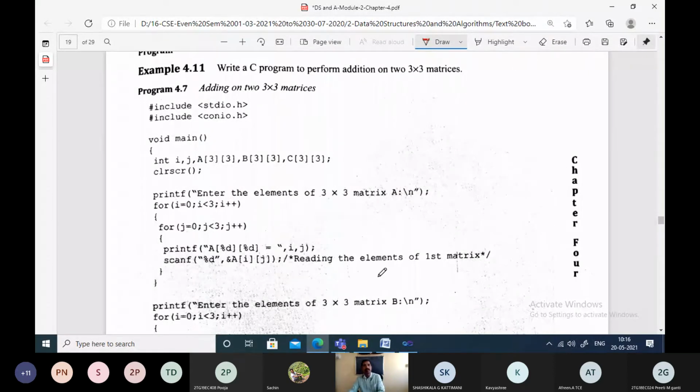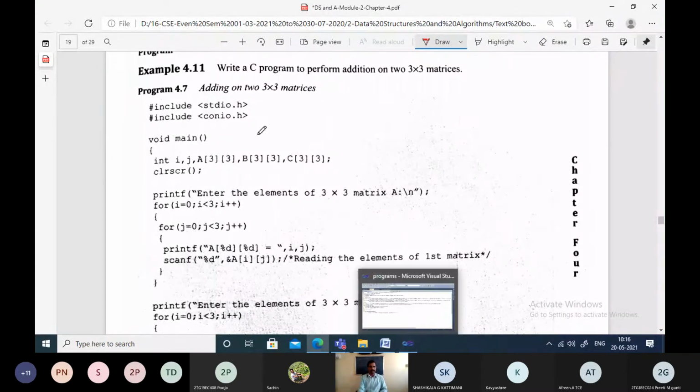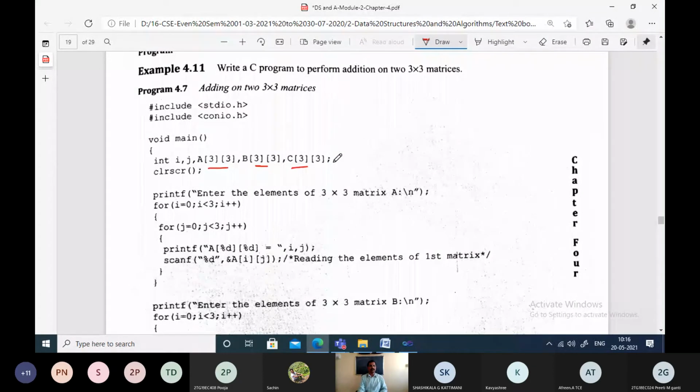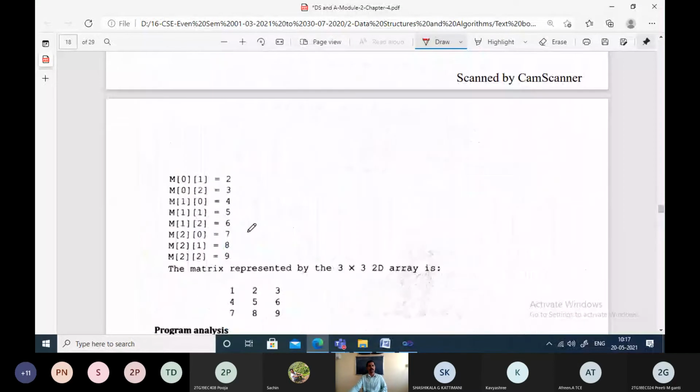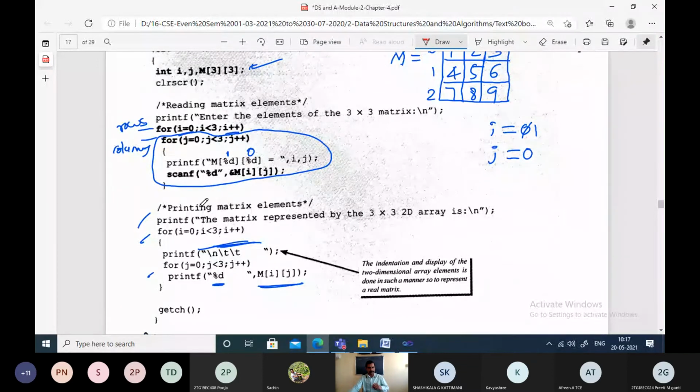Write a program for performing addition of two matrices. We are just trying to realize the program which is going to add two matrices. So just we are declaring the matrices A, B, and C. We will read the matrix elements. Just now we have discussed in the previous program how we read the elements of a matrix. This code is for reading all the elements of the matrix A. I think I need not explain this once again. Just now we have seen that program. How we read the elements, the same code is being rewritten here.